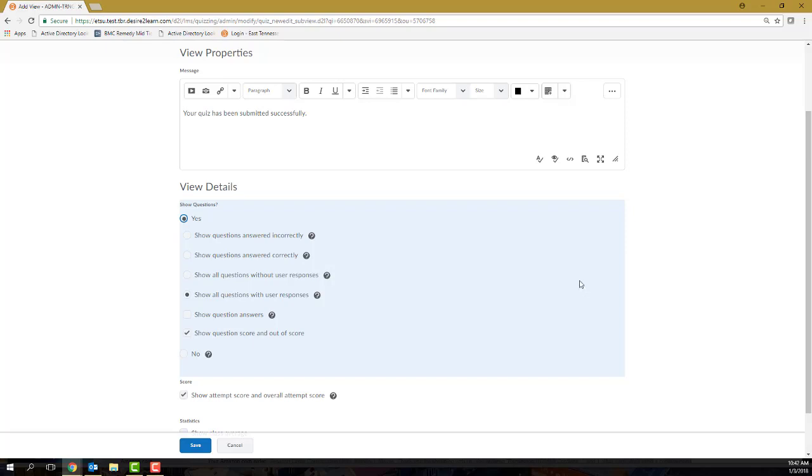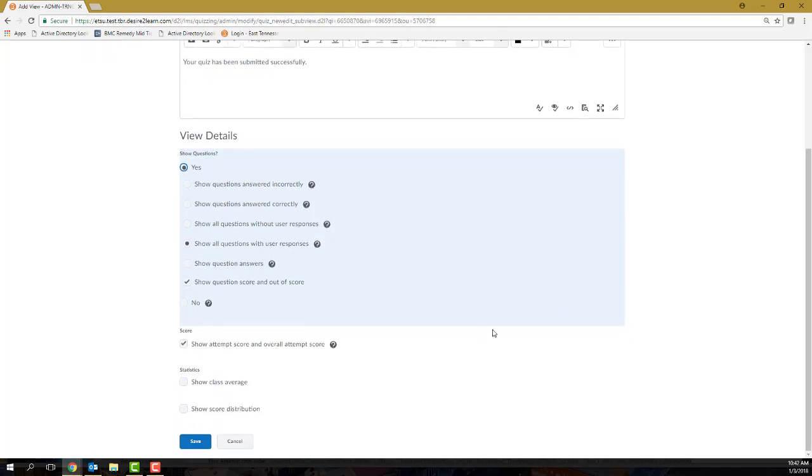Show Question Score and Out of Score would be most relevant if you have an essay question worth X number of points, let's say 25 points, and you want to communicate to the student that he or she achieved a 20 out of 25. Score, checking this checkbox will display the student's overall quiz grade,